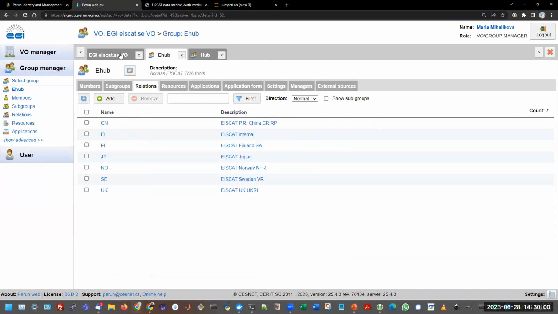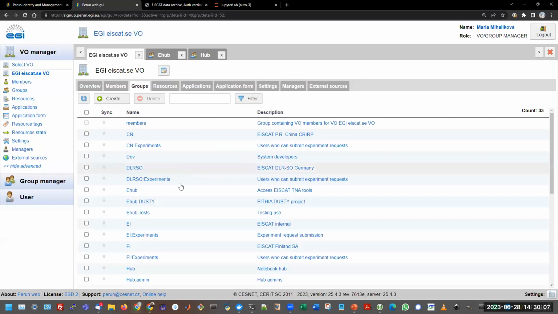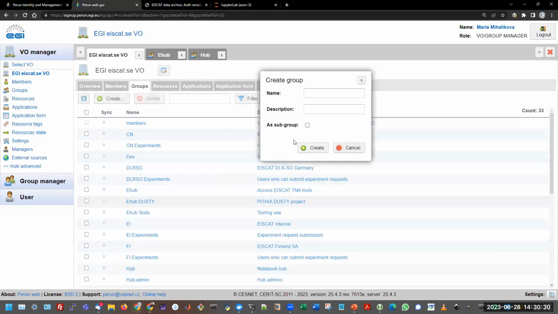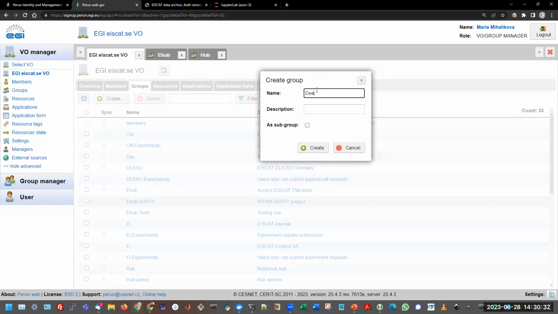It's possible, when we have some special groups of people, to just create a new group, because then we can identify, okay, the people in this group have, for example, 2 weeks access to these tools because we are teaching them. So I can, for example, create a demo group,